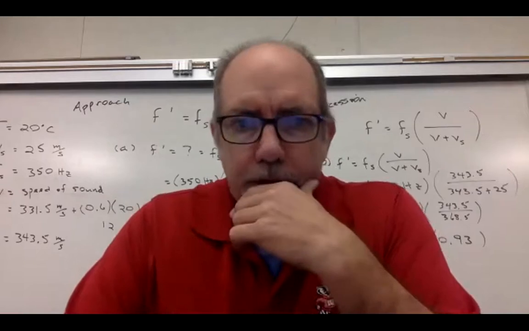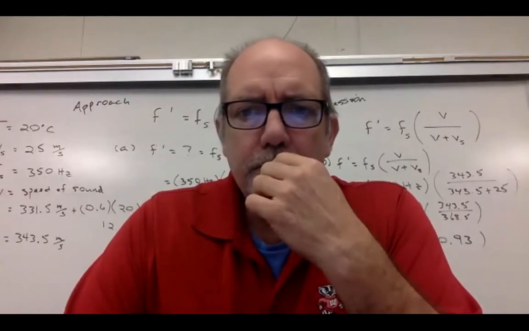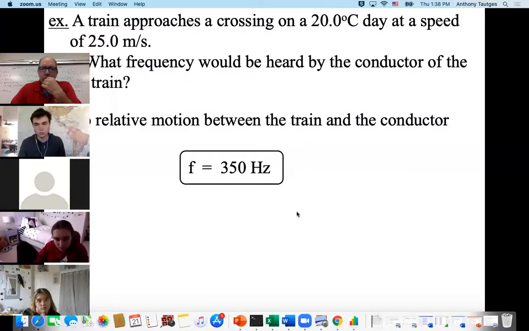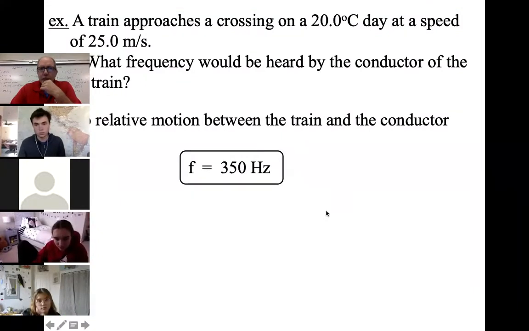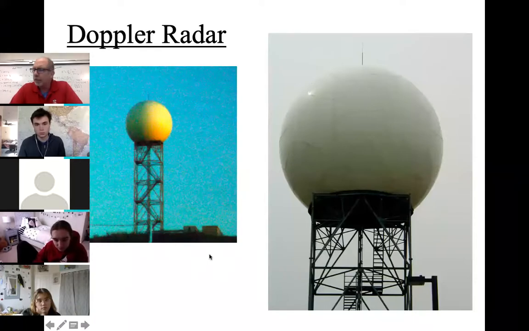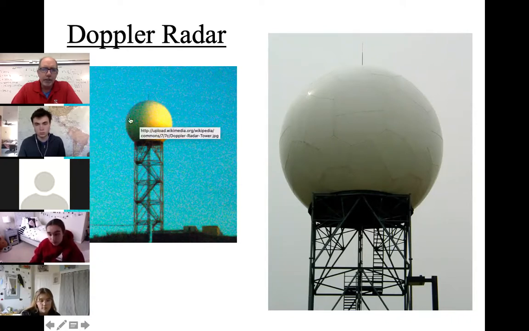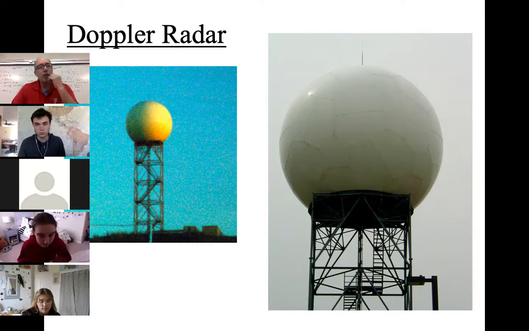For example, when you hear the word Doppler, it's probably not so much in physics class, but you might hear it on the weather report. Doppler radar. And this is a Doppler radar station. Inside this dome is a radar dish that's spinning around and around. It's a curved reflector, and what it's doing is sending out radar signals, trying to see what's happening inside of a cloud. All right, let me stop sharing.